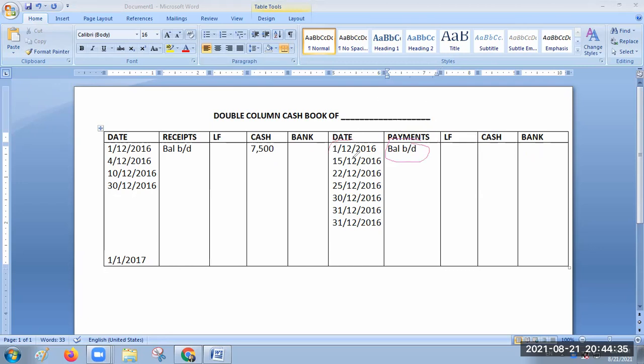Date you will mention the same date. One is having a debit balance. You have cash in hand. But in the bank we have taken a loan. That is what you mean by saying overdraft. What is the amount? 3,500. Remaining problem same. Did you understand? Yes, sir. Yes, sir. Understood.